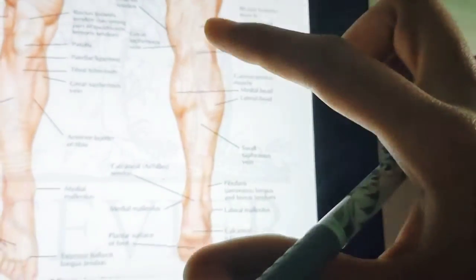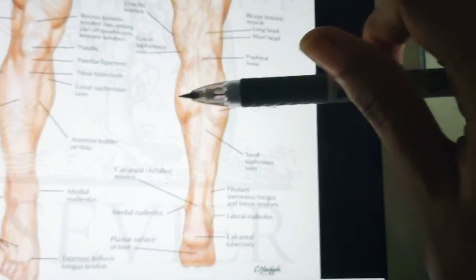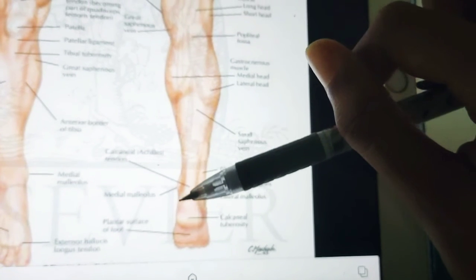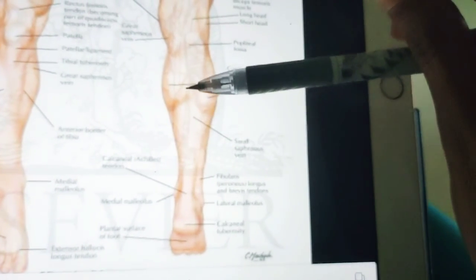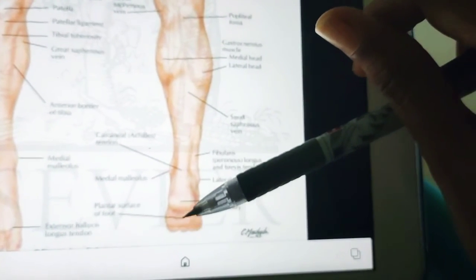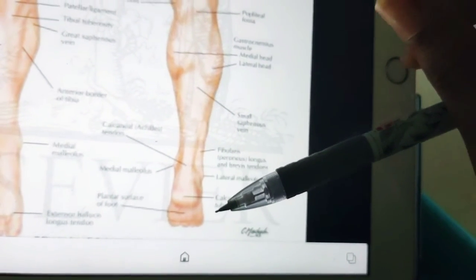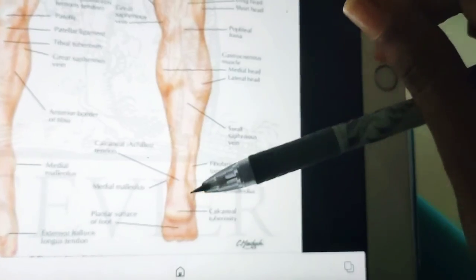So you can see here, this is the posterior side of your leg. These are the two bellies of the gastrocnemius, and below you have the soleus muscle. They are attached to the tendo Achilles, like this. Especially they are prominent when the heel is raised as standing on toes like this. So when the heel is raised, all this will become prominent on the posterior aspect. Okay, so we'll go to our normal diagram.